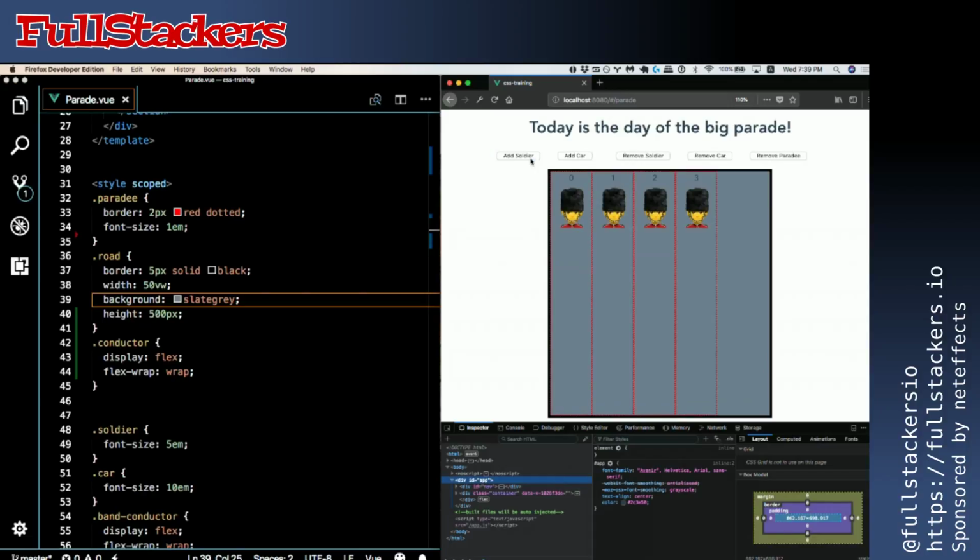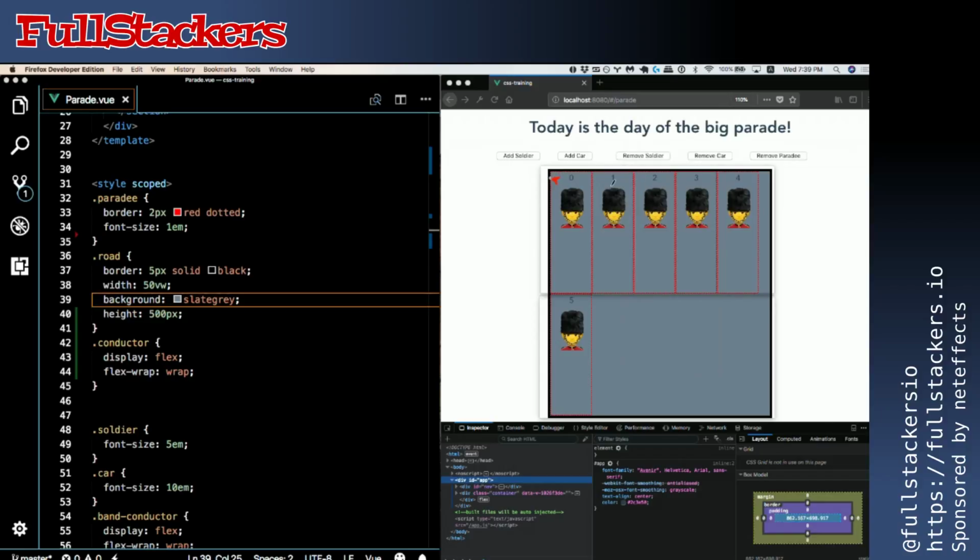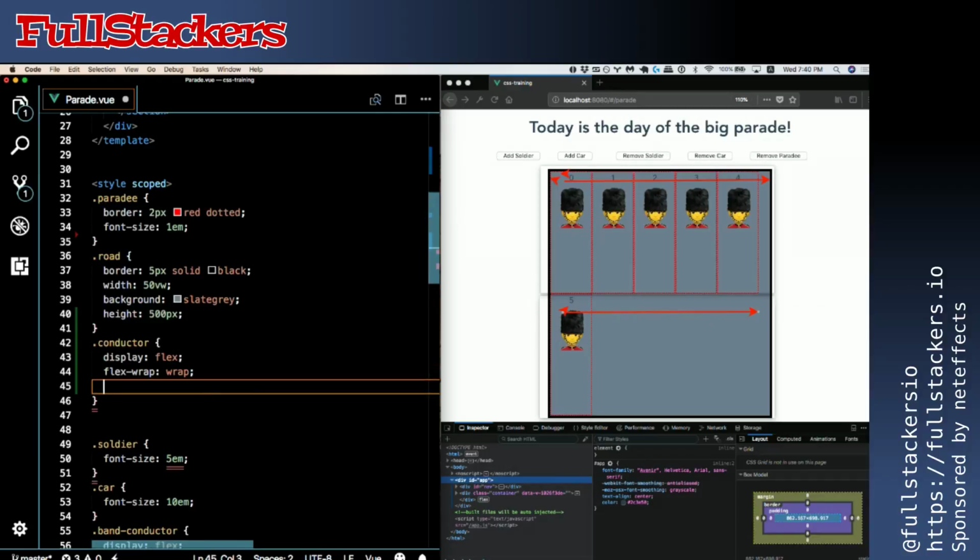And you'll see that instead of the soldiers wrapping immediately at the bottom, right next to each other, the flex items have actually kind of spaced themselves apart. So if you were to visualize it, you're actually seeing two axes. The flex container has split into two axes of alignment. So there's 1 and 2. And if you do align items center, you'll see that